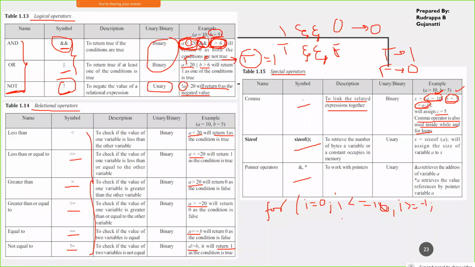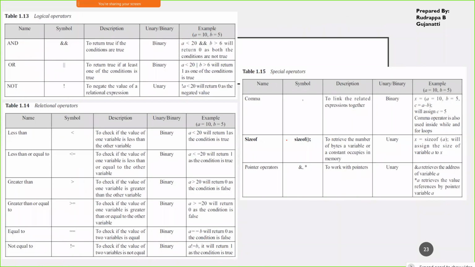Then if I want to combine two expressions together, I can combine them using the comma operator in this for loop. Even in the while loop I can do the same thing. I can have the increment operator over here. So that is what I can do in the for loop with respect to the comma operator.